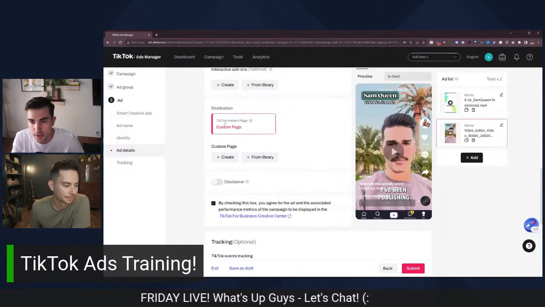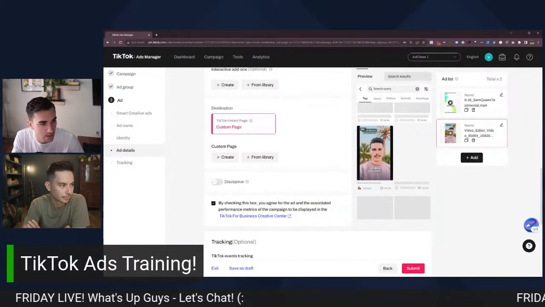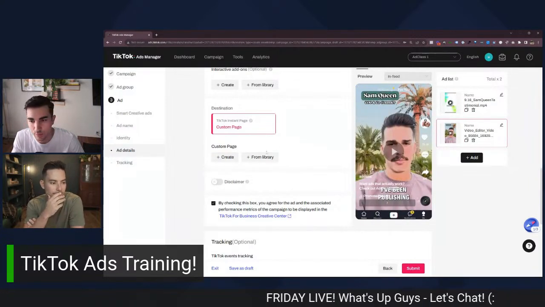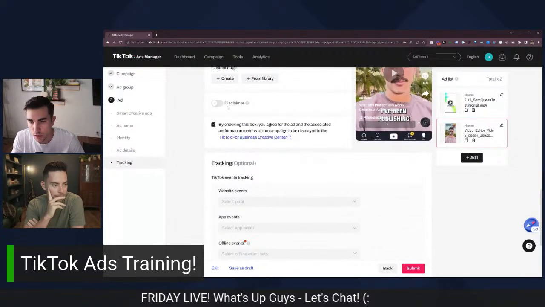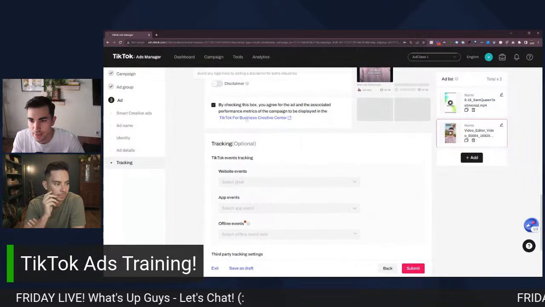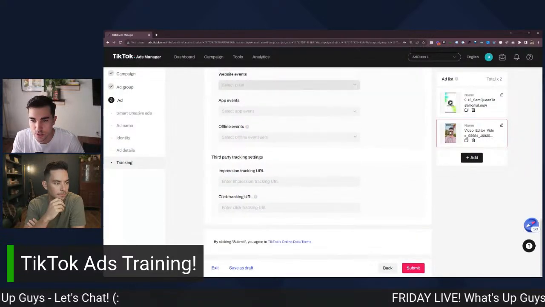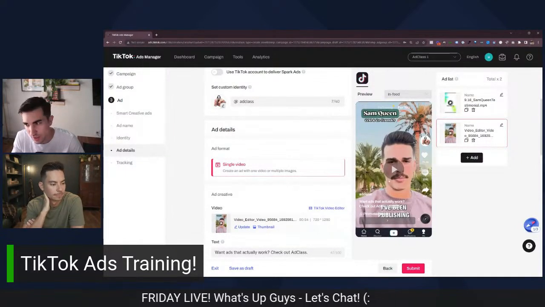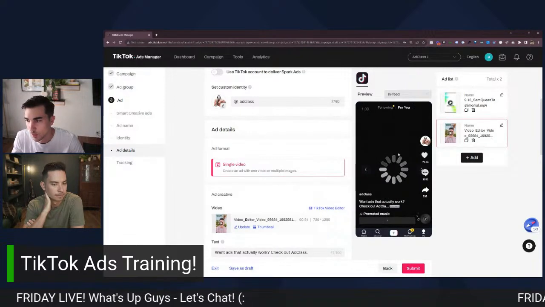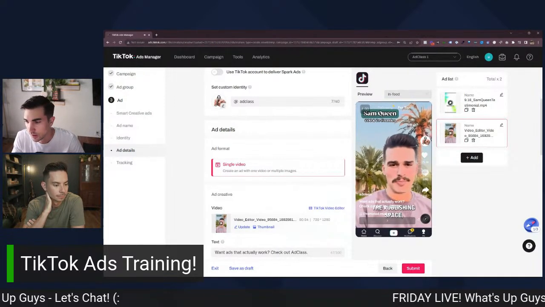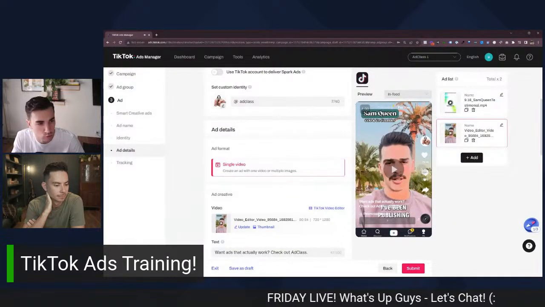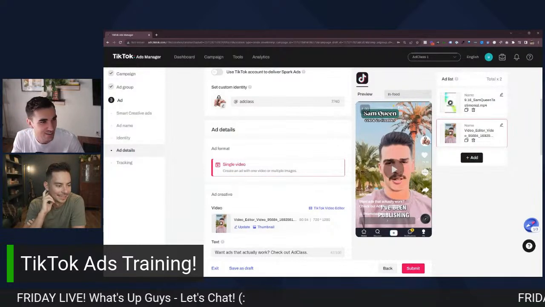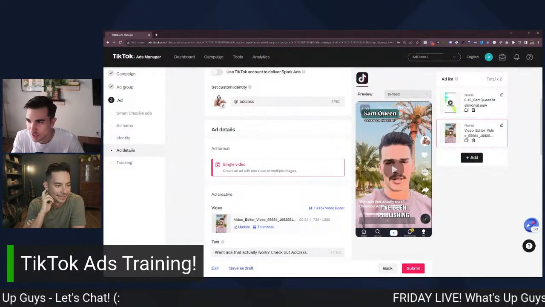So the destination here, you're going to put a link almost always. I had to pick custom page at the ad set level because we don't have the pixel set up yet, but this is where you would link your landing page, the URL that you want to send people to. And then down here, this is just your tracking template, and that's it. Because it's TikTok, all you really need is 100 characters of copy in the video. It'll give you a preview of how it's going to look. There's your ad. It's going to show all the social proof here, and then it shows your profile picture right here. We've got our little hand squeezer, and that's it.